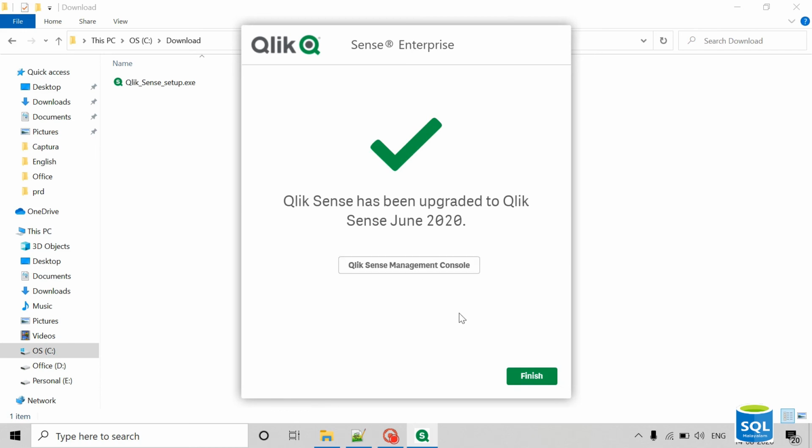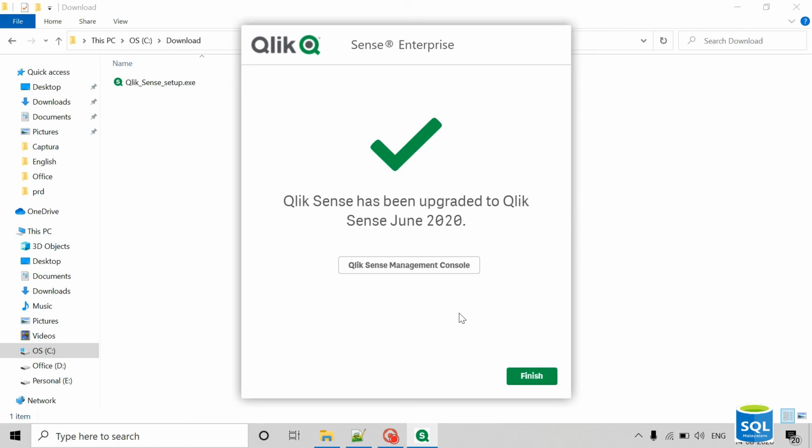If there is any patch available for this version, then we can download it from the download page and apply it after the upgrade process. It will start the services one by one, and the application will be up. Also, it will upgrade all the applications to the new version.